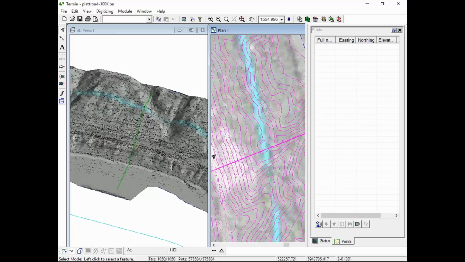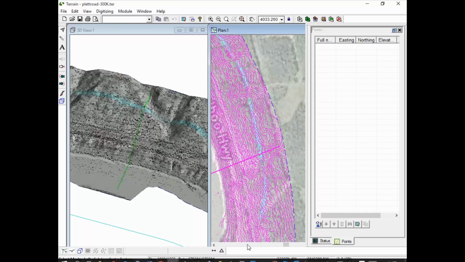There's all my data points. There's my contours. You can see it works fairly nicely. But now that I know where my road's going to go, I could use those thinning tools and create a surface with a more accurate swath down the middle. And in fact, what I did